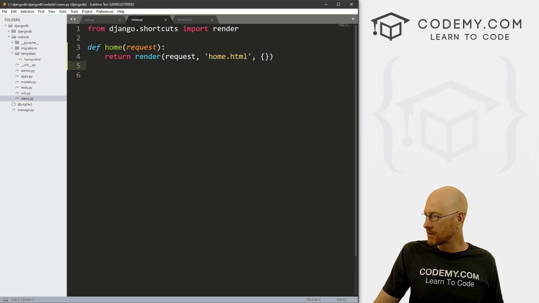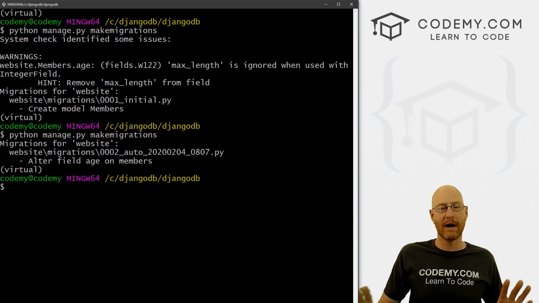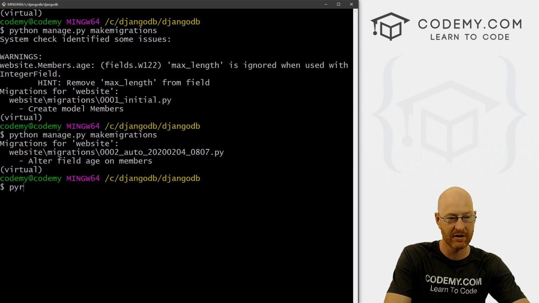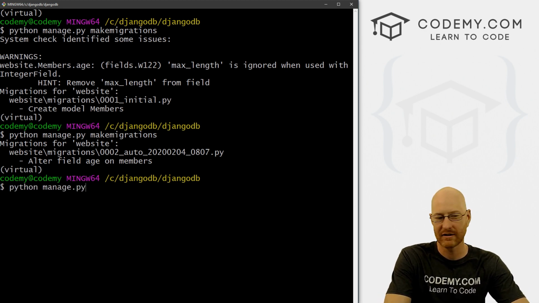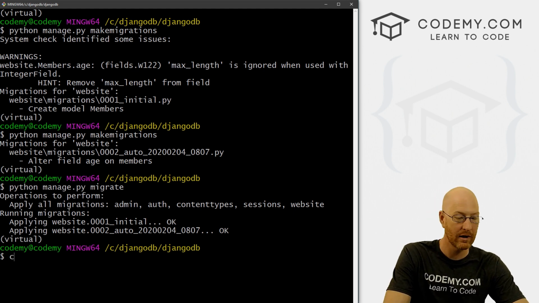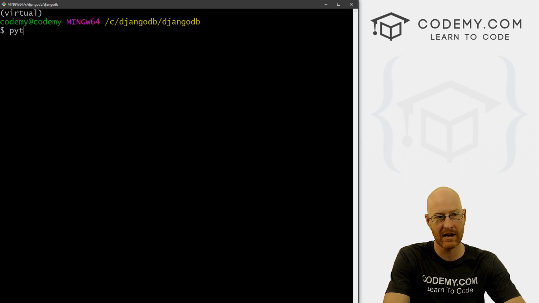So we've made our migration. Now we need to push our migration into the database, right? And we did this earlier with the admin area. So it's the same thing. We just go python manage.py. It's always python manage.py when you're running commands for Django. And then we just type in migrate. Now it's going to push that into our database, and that's it. We are done. So now we can python manage.py runserver,